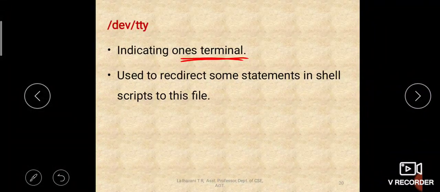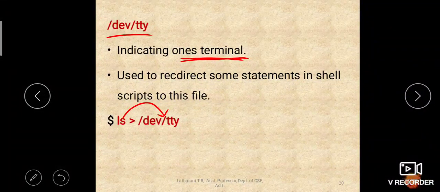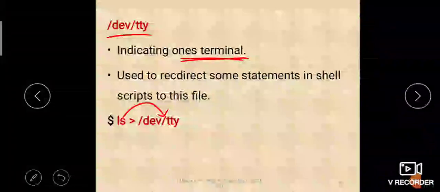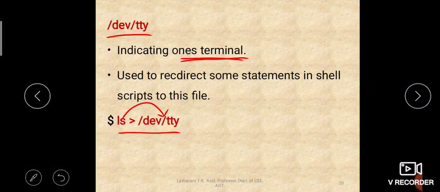So you can say the output of ls will be redirected to /dev/tty, means it will be displayed on the terminal. Anyway it will be displayed on the terminal, but if in between the program execution you want to display intermediate results, then you can use this. Anyway it will display on the terminal itself, as the default device connected to standard output is the display terminal.